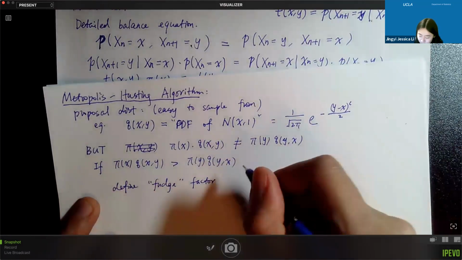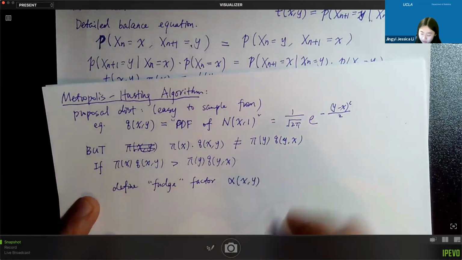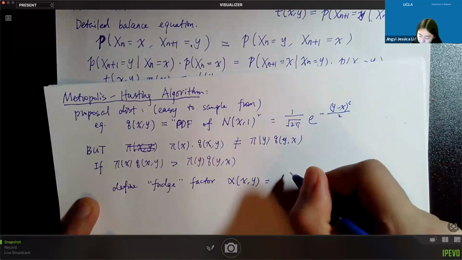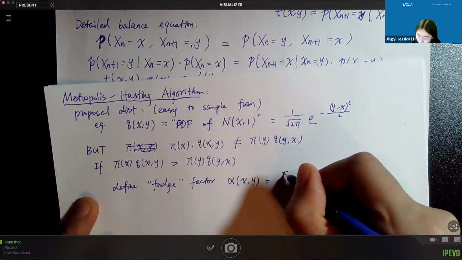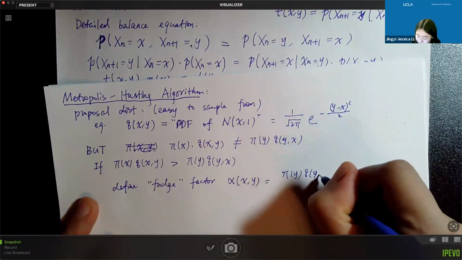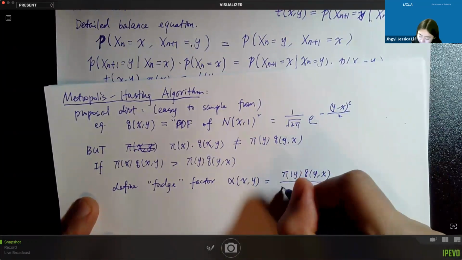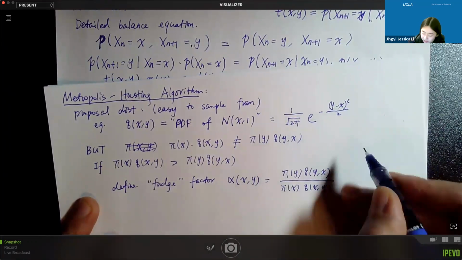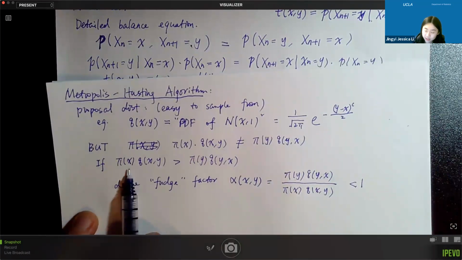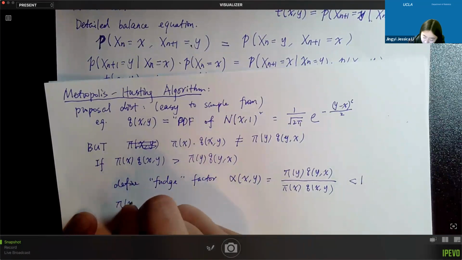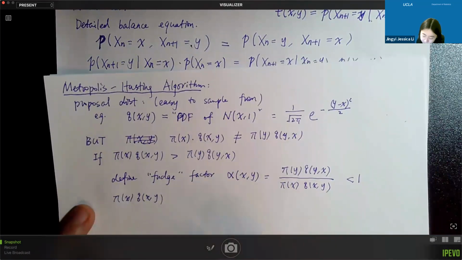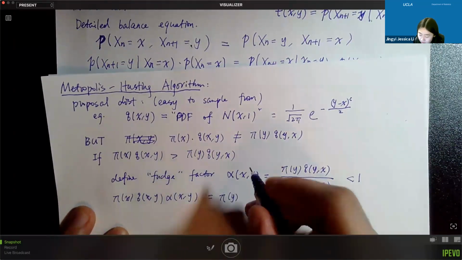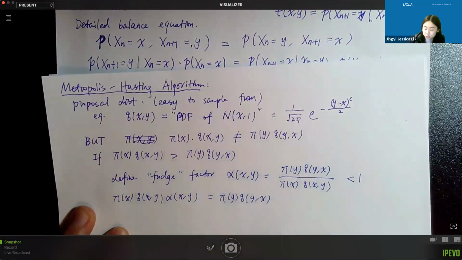And I can call that factor alpha, x, and y. So if I do that, you see I have alpha x y equal to pi y times q y x divided by pi x times q x y. Clearly, in this case, this is less than 1. Then you will be able to see that pi x q x y times alpha x y will be equal to pi y q y x